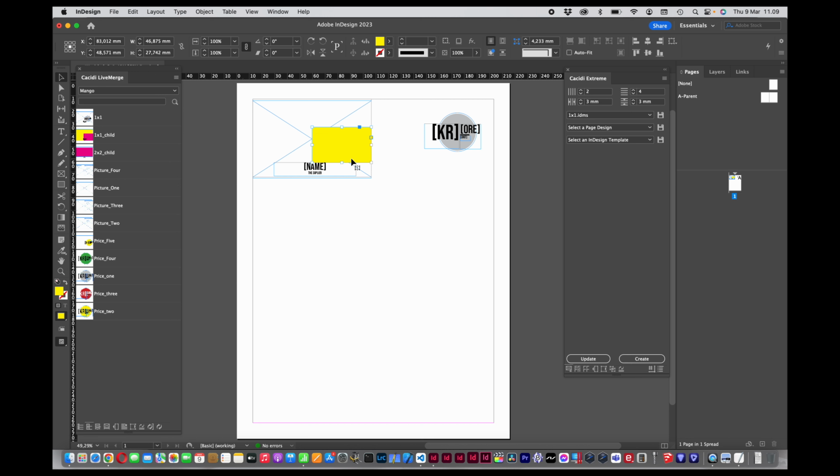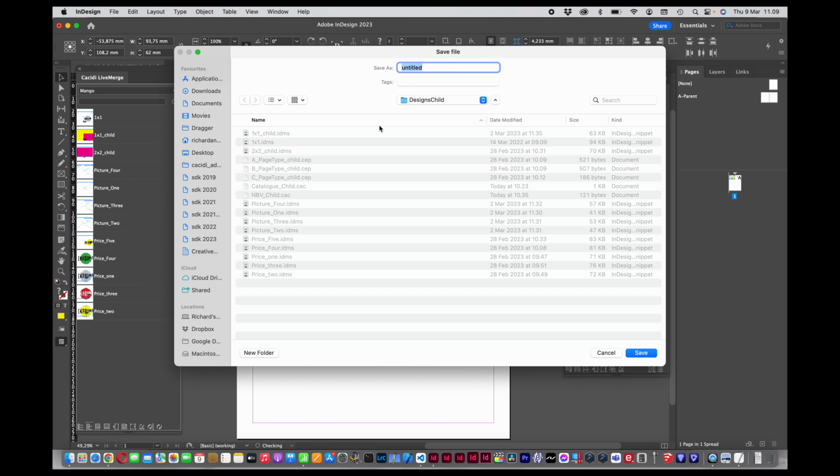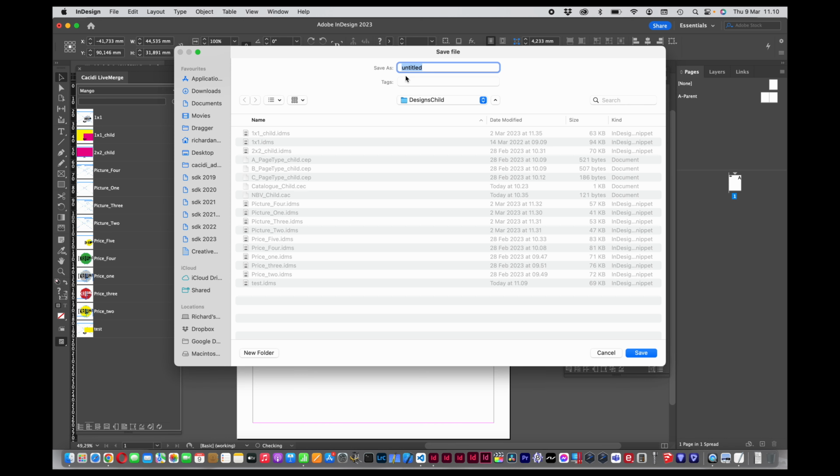The first thing I will do is set a merge marker on the object. I insert it here and say this one should be price splash, and call it IDMS. Now I will save this as a part of the design. Drag this one to the page, call it test, why not? Then I will move this one to the top left corner, because of the difference between the zero point and the element. And this one I will save simply by calling it price